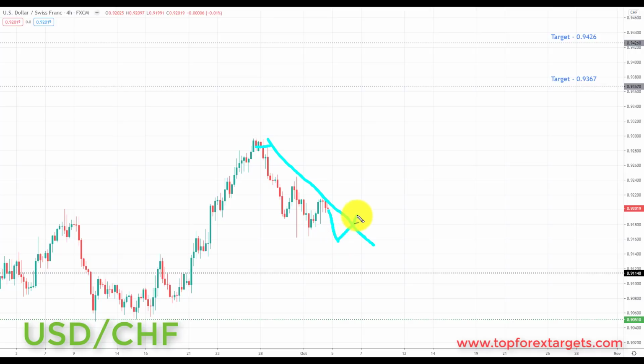And if we start to break to the upside in this market, we're going to be looking at initiating longs up towards the next key of resistance to the upside and the target set at the 0.9367. Now again, with this market, it may take a couple of weeks to get to this resistance area. If you want to take a conservative target for next week, then you would be looking towards the 0.9300 or this previous high up in this area. But overall, we are looking for this market to come up to the 0.9367. It just may take longer than a week to get there.